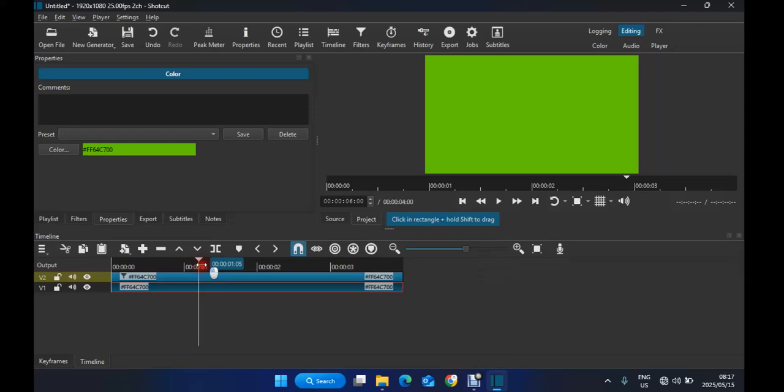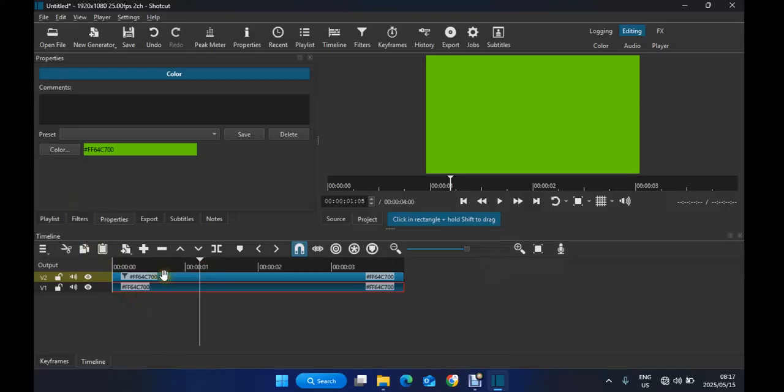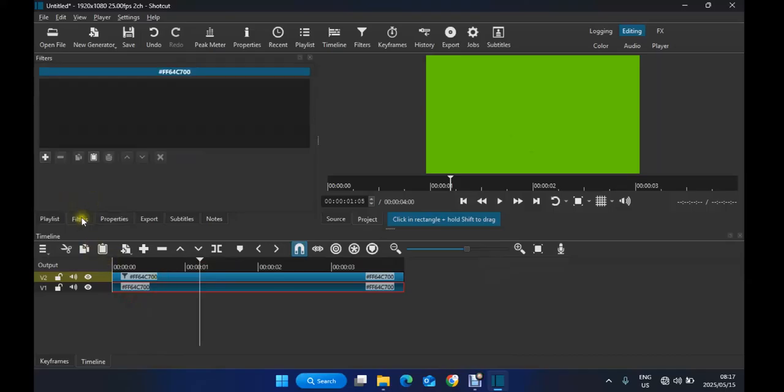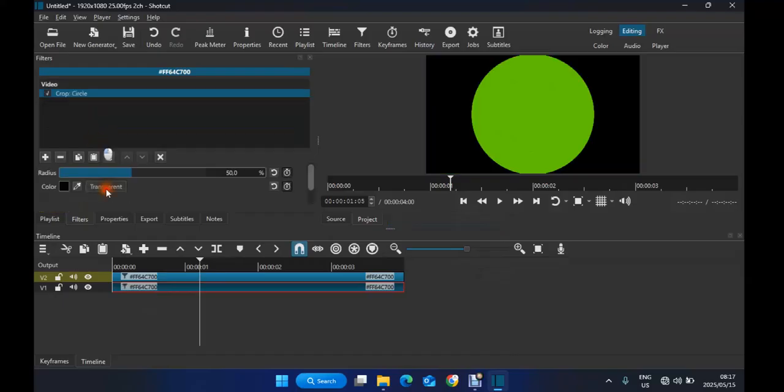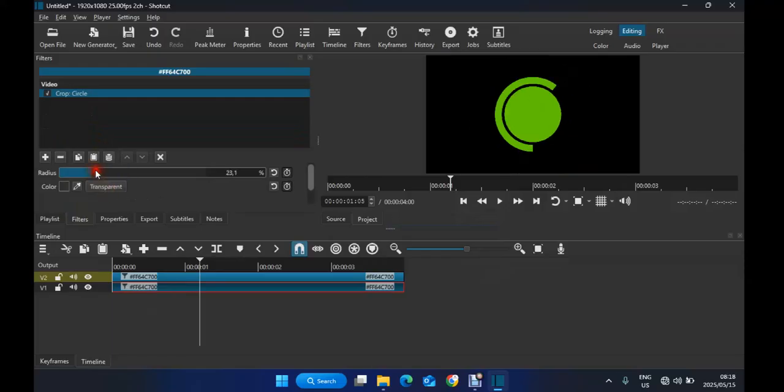but I didn't do that. So what I will do, I want to crop this one to be the same as the one below, so go straight to your filters, come here, go straight to crop circle, and just make it inspect. Just do it until you can see that one. So I've got to make it seem like it's just big like that. Move it a little bit again,